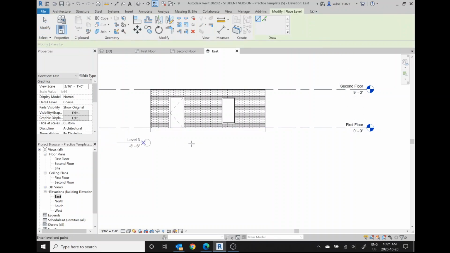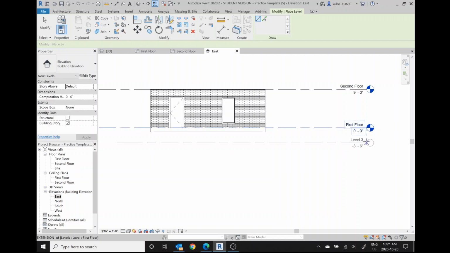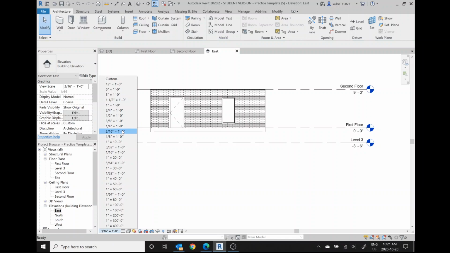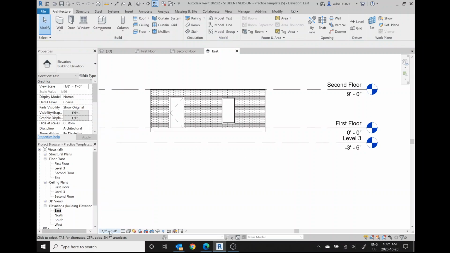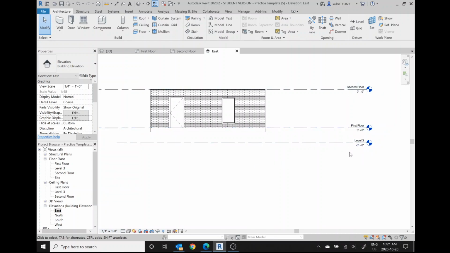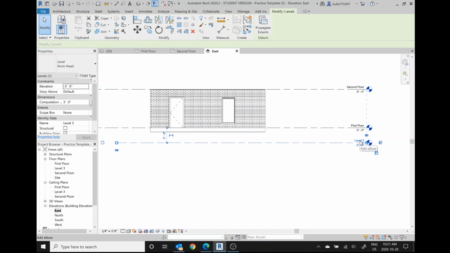Level, doesn't matter where I put it. I'm going to change the height of it later anyway. I guess I'm going to make the text even smaller. Oh shucks. Even smaller so it doesn't overlap. This one's going to be called